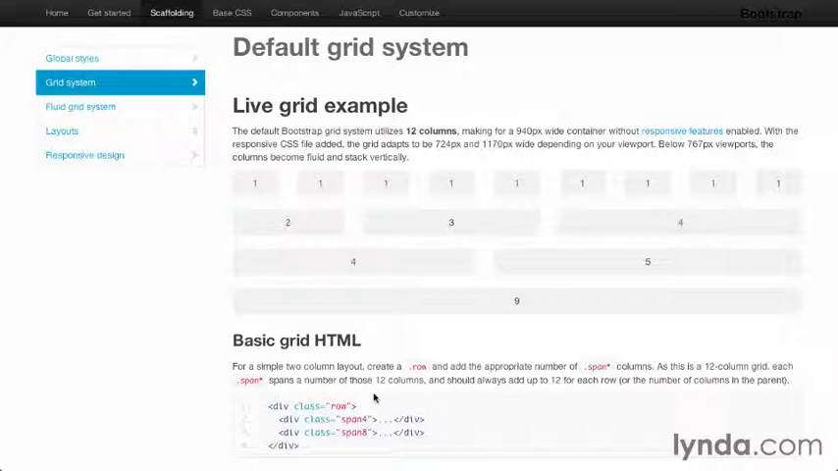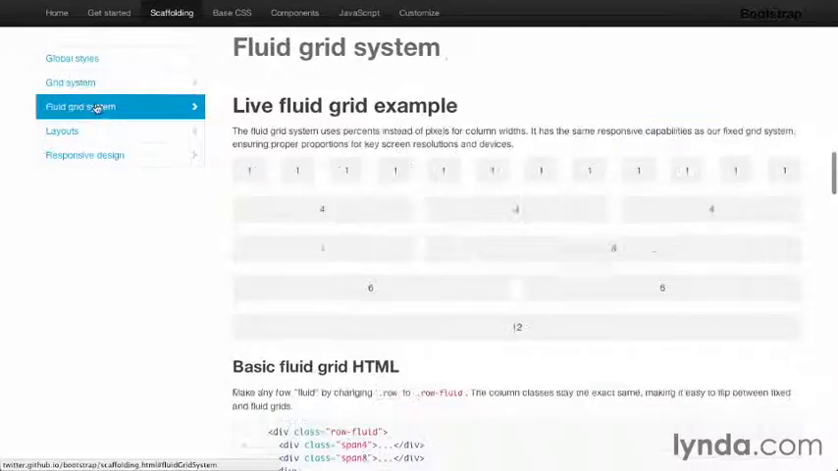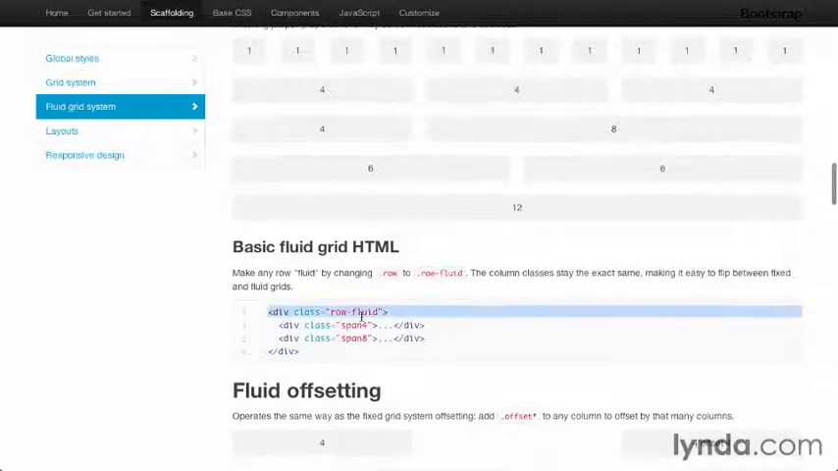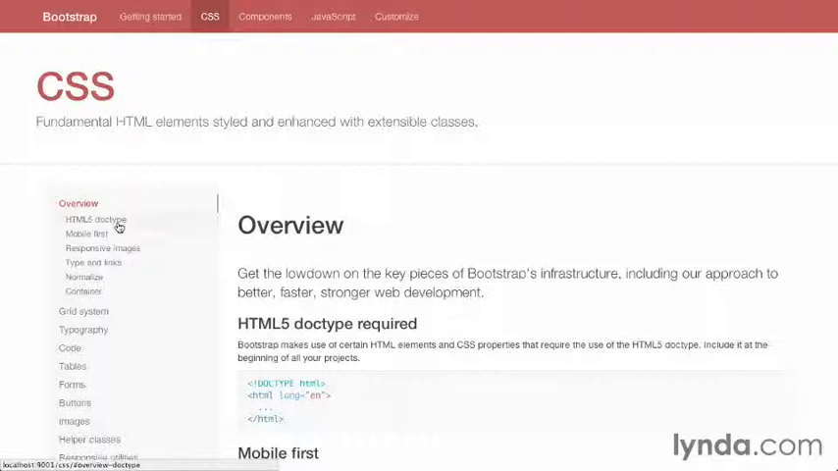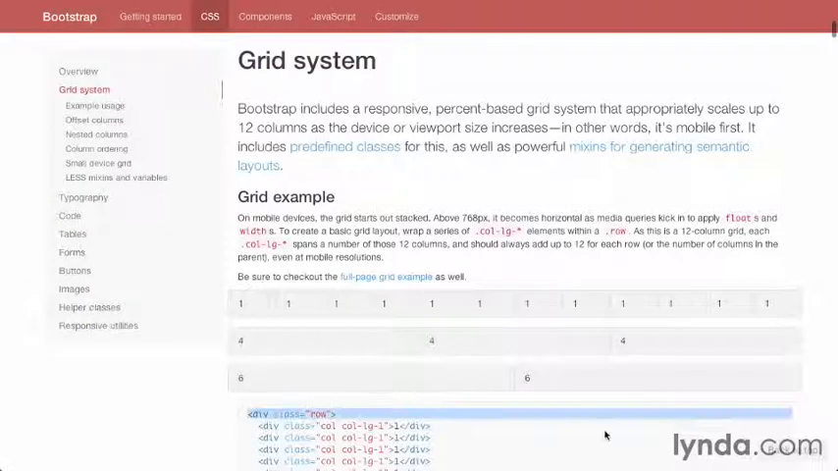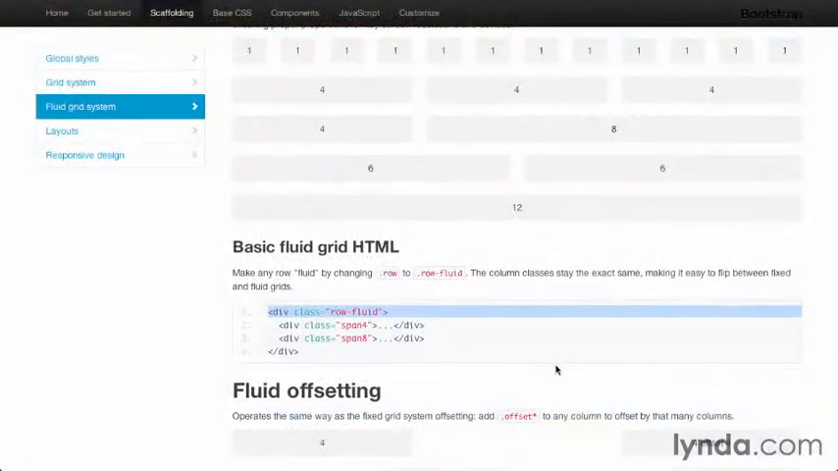So whereas before you used to use a div with a class of row, or if you were using a fluid grid, you would use a div with a class of row fluid. Now all columns are fluid, so you simply use a class of row for everything. The amount of columns remains the same, but whereas before you used to specify a class of span and then